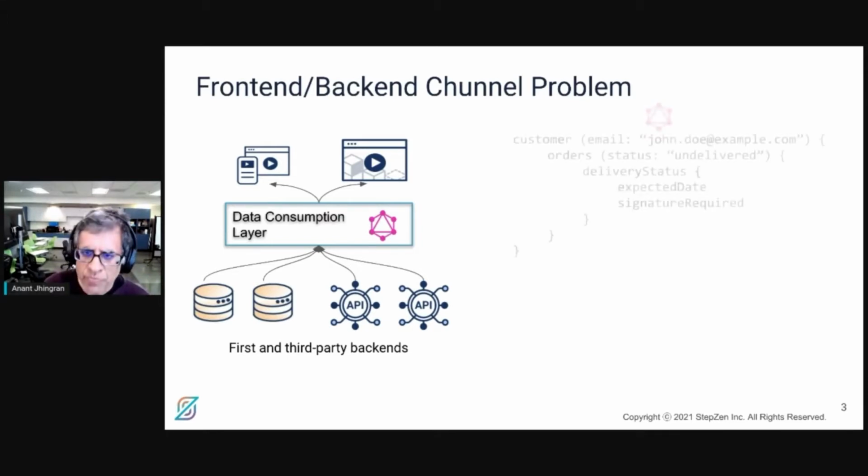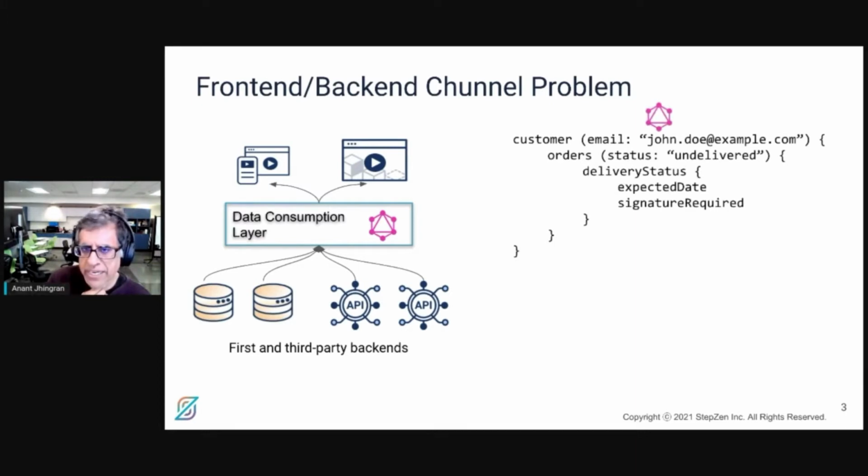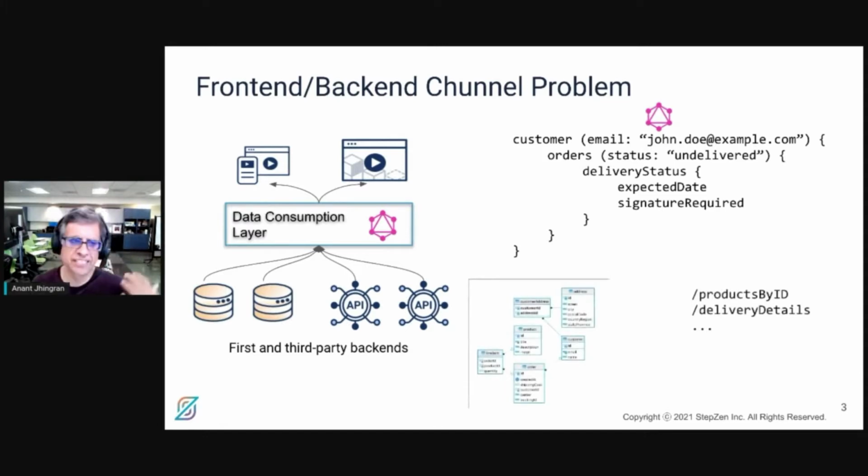I'm not going to get into it. But just to give you an example, here's a GraphQL query that allows a front end developer to paint a screen that takes customer information, looks at all the undelivered orders of the customer, and finds out their delivery status. Now, of course, this particular GraphQL query is wonderful for the front end, but it needs to be connected against various databases, for example, or against certain sets of APIs. And therefore, the GraphQL engine has to be able to make some REST calls or some SQL calls and everything else.